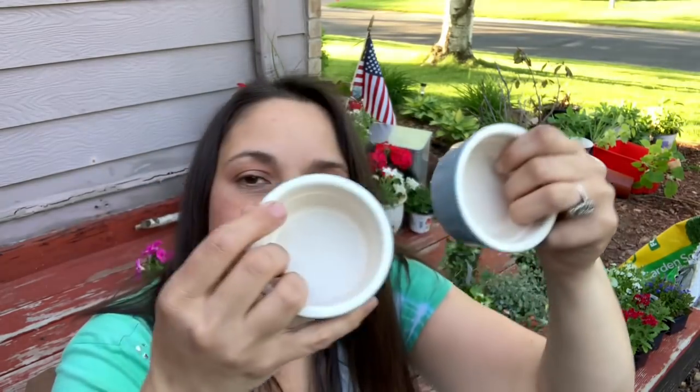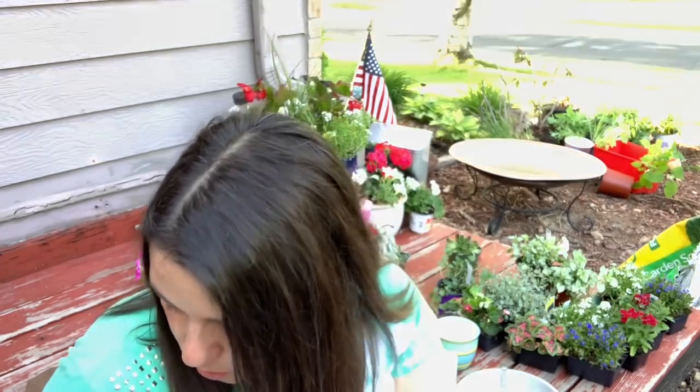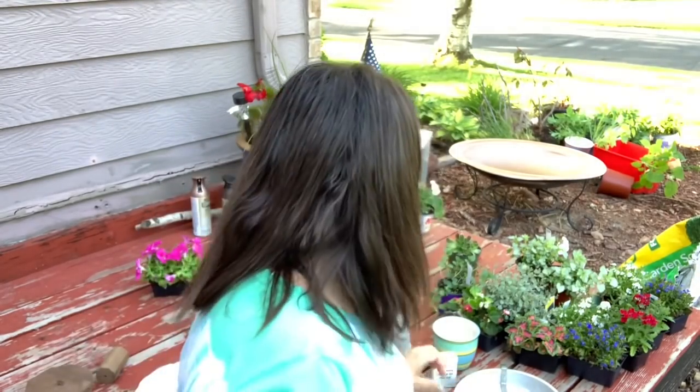I got these because we use them for ranch dip or ketchup or whatever. We use dipping bowls a lot. We like to have little bowls, and so we have several of these in our cabinet. So these will be useful for us. And then I also got